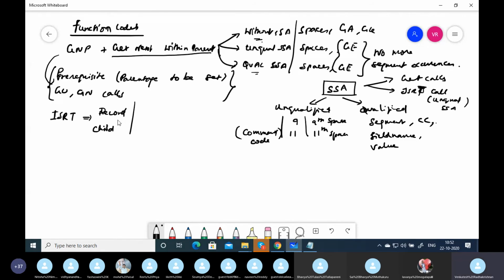If you are going to insert a complete record, you have to read and insert in a hierarchical fashion. It is going to work.